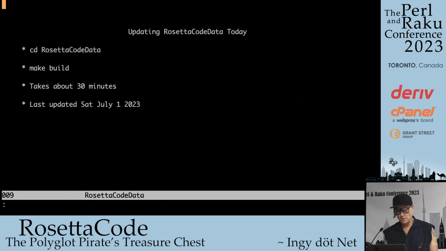So today, you check out this thing, and if you want to actually rebuild it yourself, you just type in make build, and it takes about 30 minutes on my home internet. On the hotel internet, I got about 20 languages in, and I think it throttled me heavily, because it's a lot of downloads. But it was last updated this last Saturday, and I'm sure it's changed quite a bit. I wanted to run it this morning, but every time I run it after a few days, people are actively working on this every day.